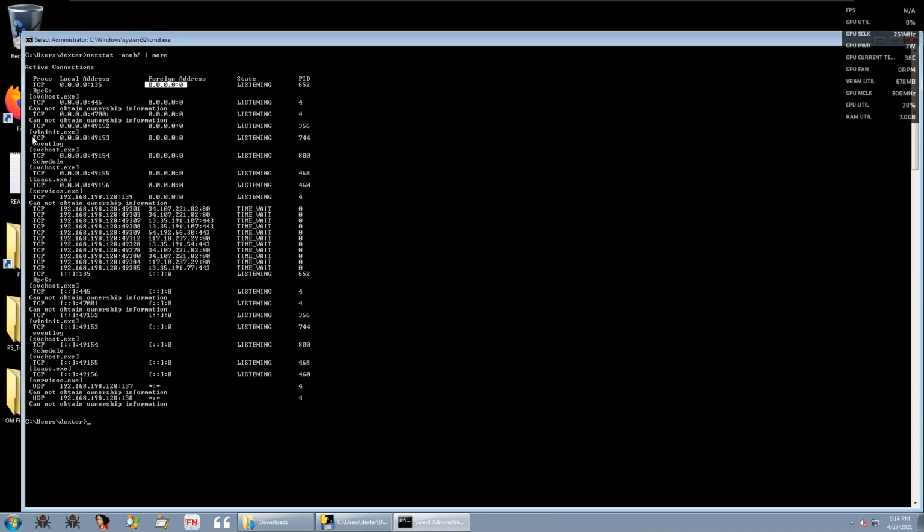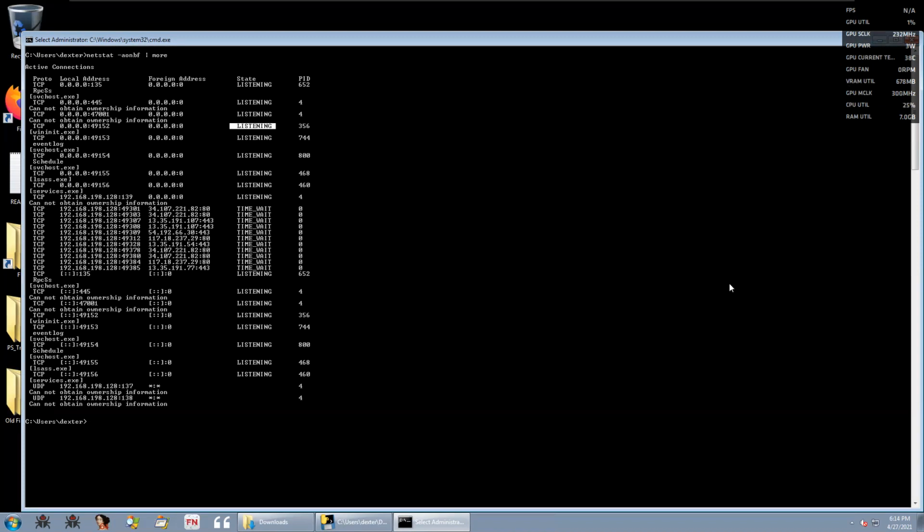Here winnet.txt, foreign address is this. It's trying to listen, meaning it is waiting for an incoming connection. When it receives a connection, it will say the connection has been established. You will see here established. Currently I see nothing unusual.